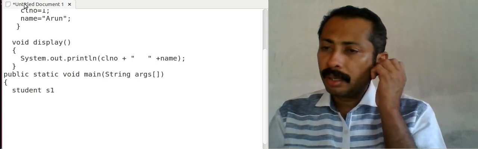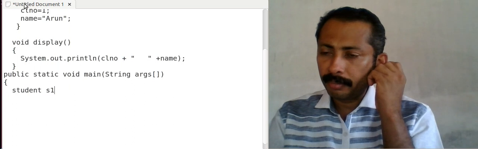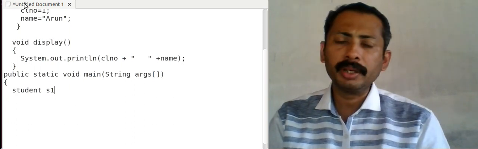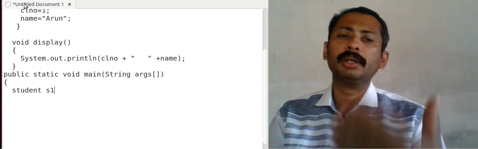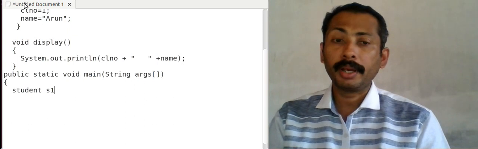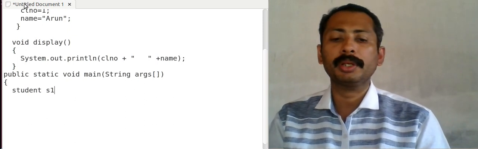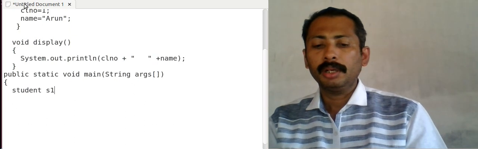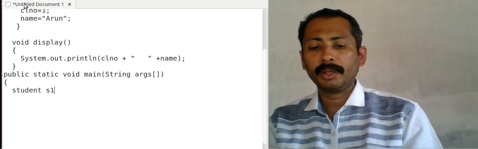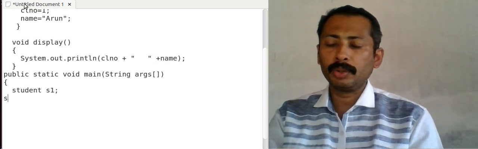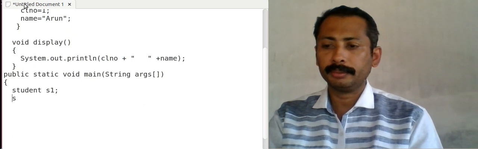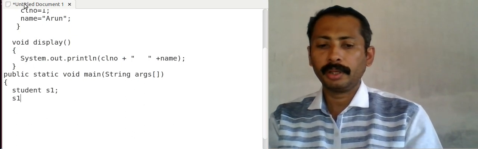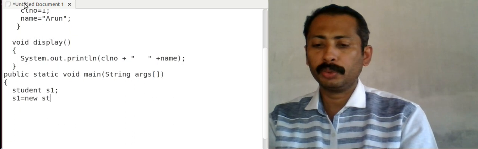Okay, this is how we create objects, but we need to allocate memory to the object using the new operator. So student S1, then S1 is equal to new student.